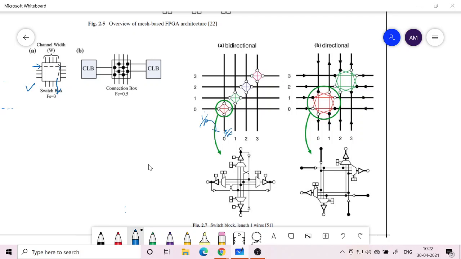So that means data will flow this way, but if you want the data to go this way, this will act as input and that will be acting as output. So if you want both in a particular connection, then you require a bidirectional connection, or if you want only one directional data flow, then you can use a different type of connection, which is a directional connection.